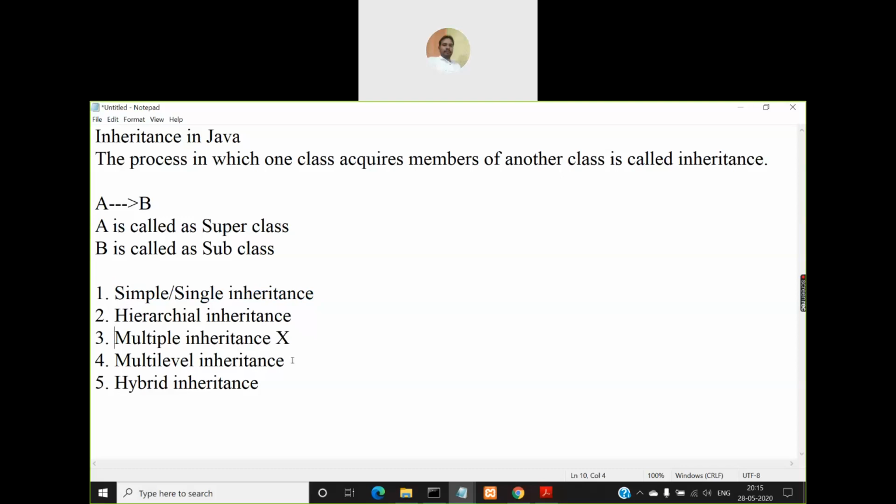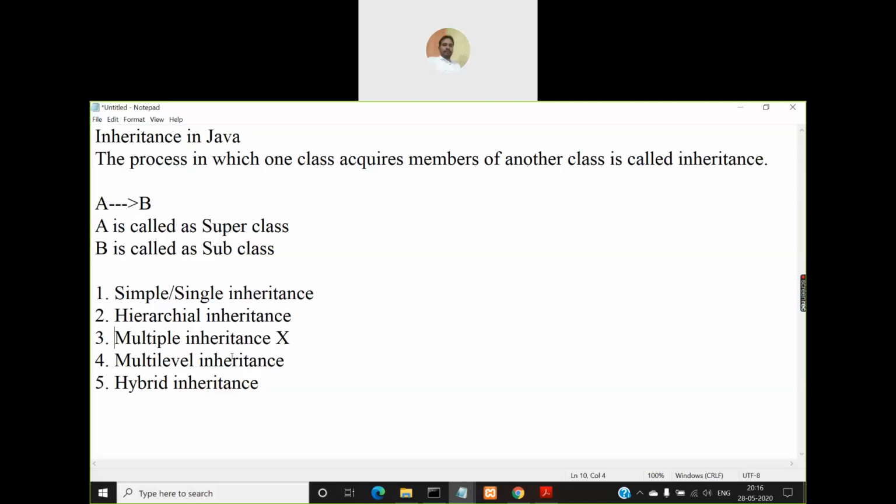Okay, so what are these single inheritance, hierarchical inheritance, multiple inheritance, multi-level inheritance, hybrid inheritance? Let us first discuss them briefly, and then go back to how we have to create a subclass in